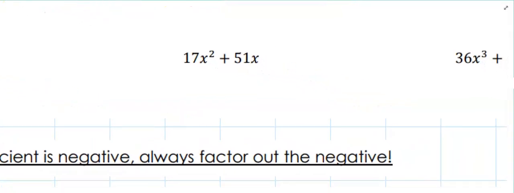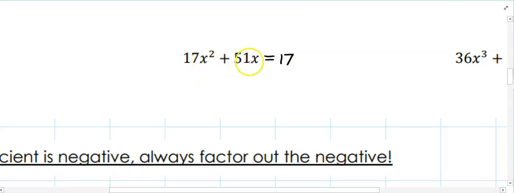How about this one? Jumping ahead a few problems. What's the biggest number I can factor out of 17 and 51? The answer is 17. The first term has an x squared, the second term has an x, so they both have 1x. If I divide by 17x, which is my greatest common factor,